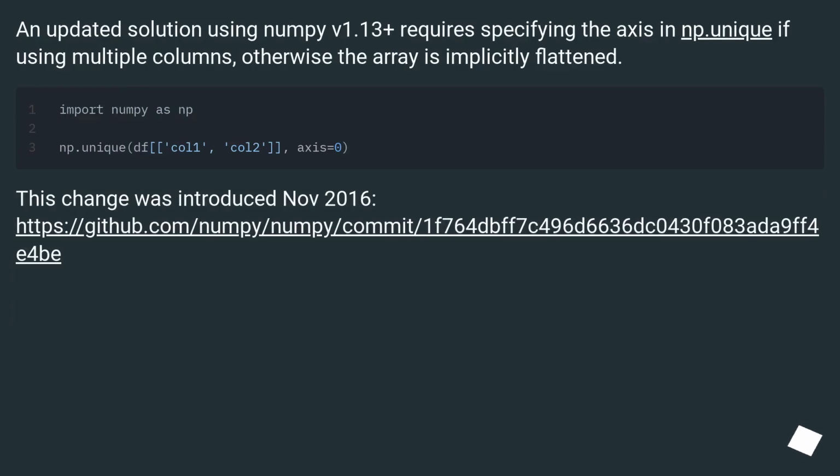An updated solution using NumPy v1.13+ requires specifying the axis in np.unique if using multiple columns, otherwise the array is implicitly flattened. This change was introduced November 2016. This URL